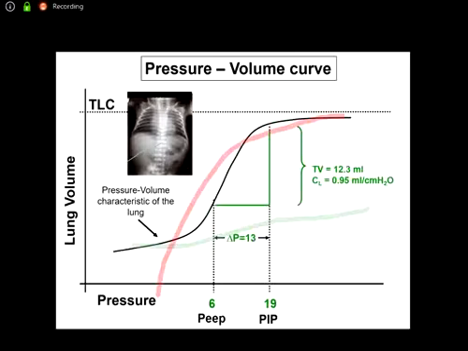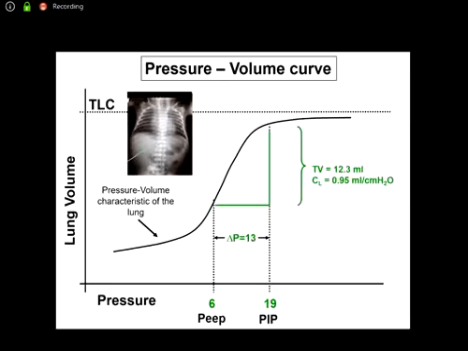Another example, you have an X-ray there of a baby that is intubated, and you're happy with that X-ray. Lungs are well expanded. The heart size is good. No major issues. You're ventilating this baby with a PIP of 19/6. The tidal volume that you get with those pressures is about 12.3, very good compliance, almost 1, and your delta P